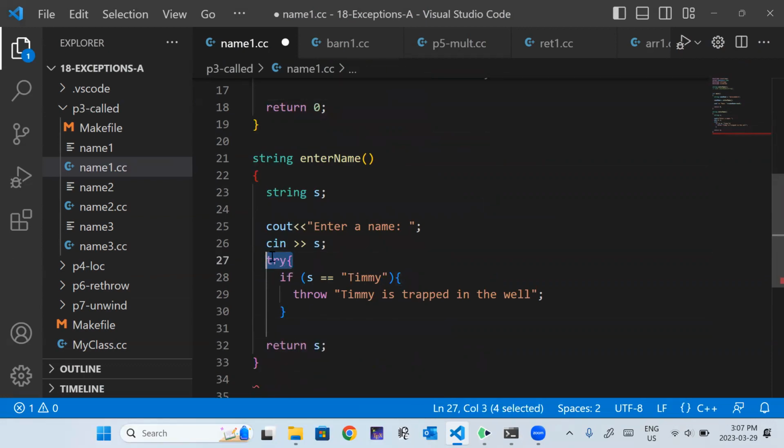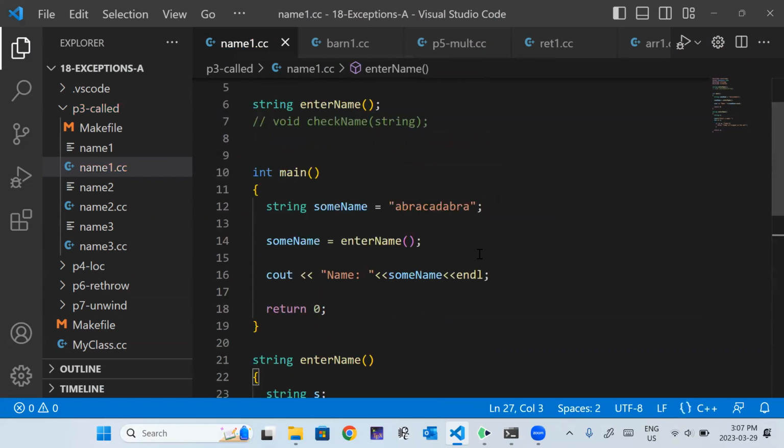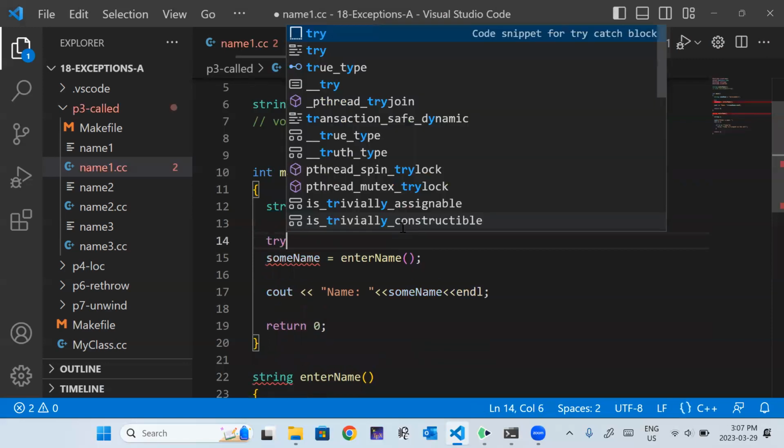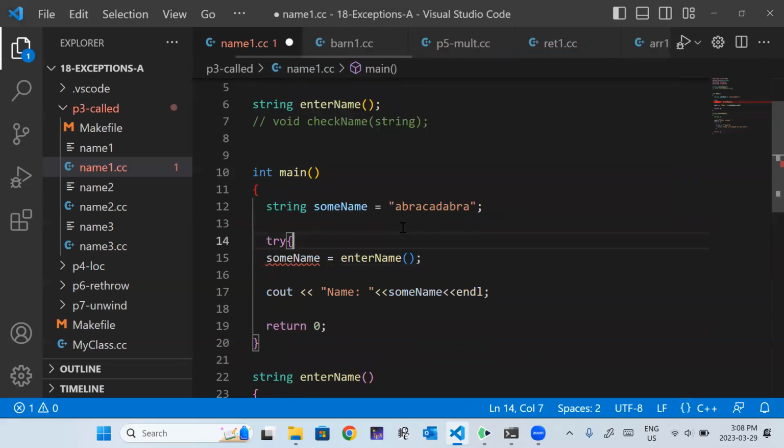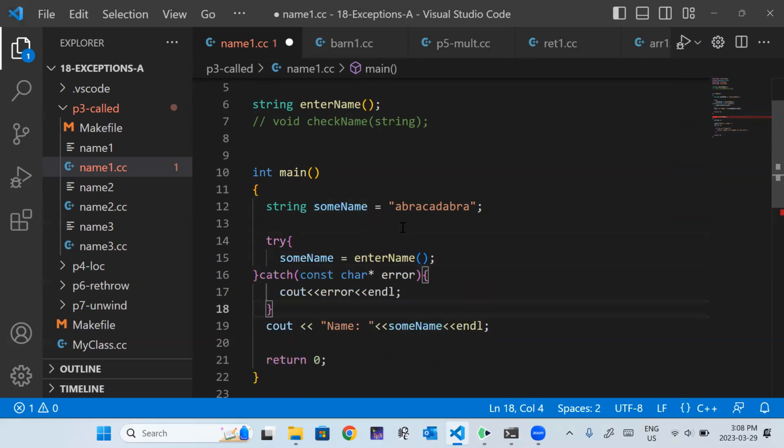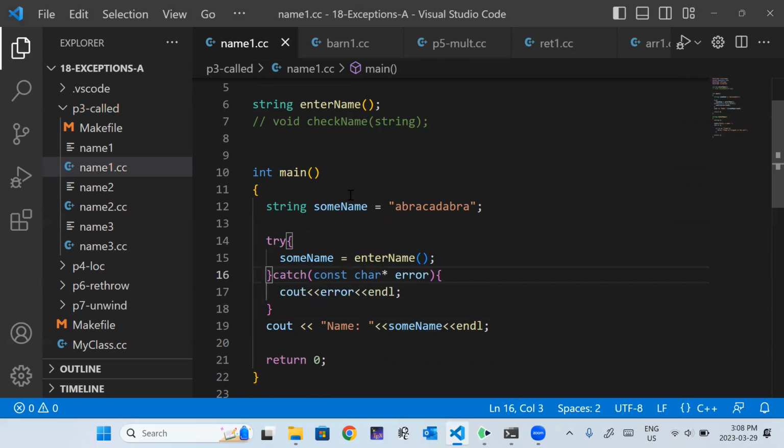On the other hand, if we do something like this, so now this is the dangerous piece of code. Okay, so we initialize the name here to abracadabra just for a placeholder.